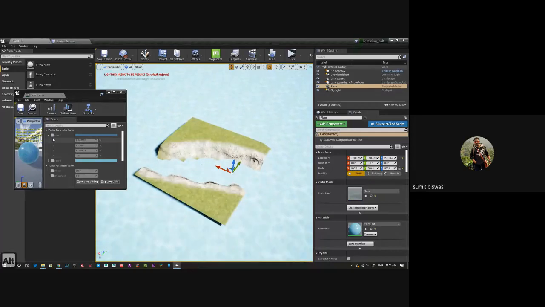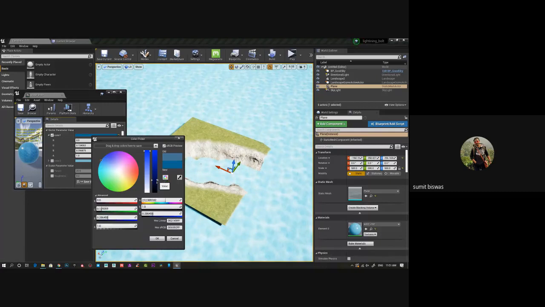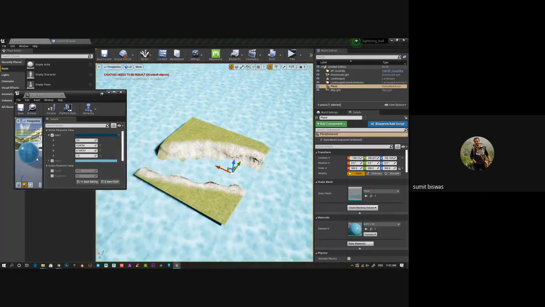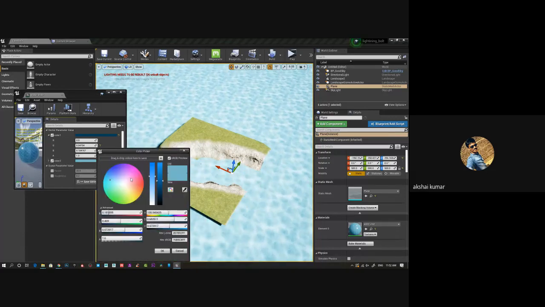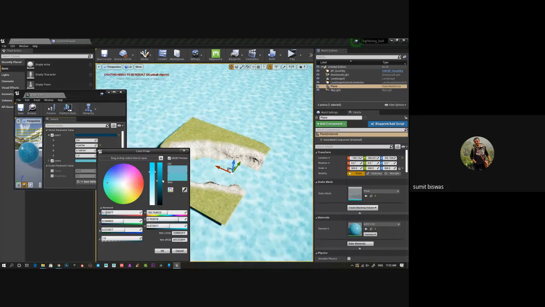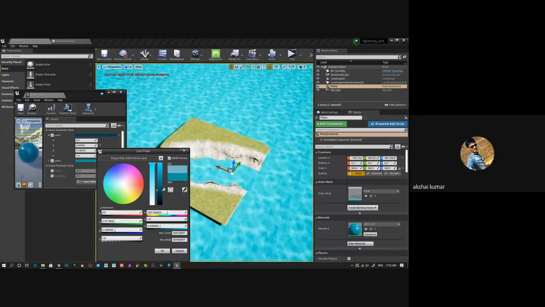It's working now. If I want to change the color, I can do it in real time. See, in real time, I can make it really dark. Maybe sea green sort of thing. More gray.